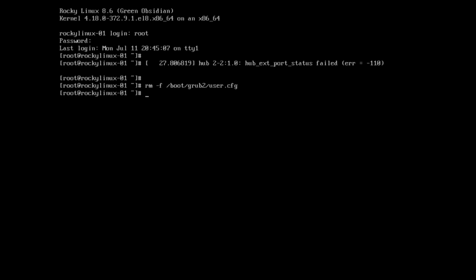Remove it and the password we have set will be removed. For an EFI system, the same file is located at /EFI/EFI/redhat or rocky, whatever your Linux distribution is, and this.